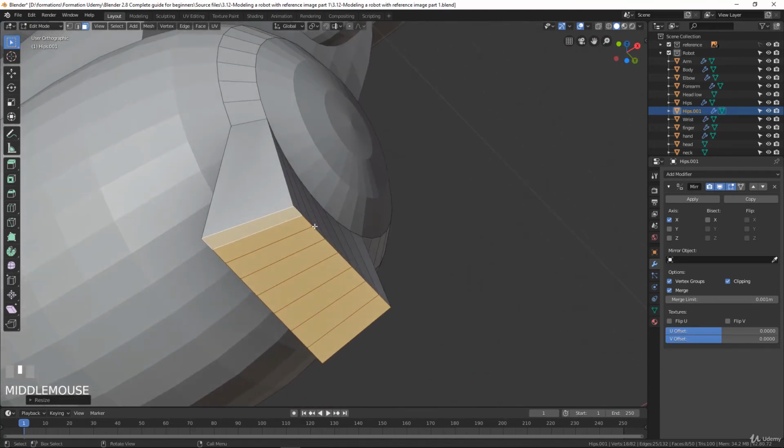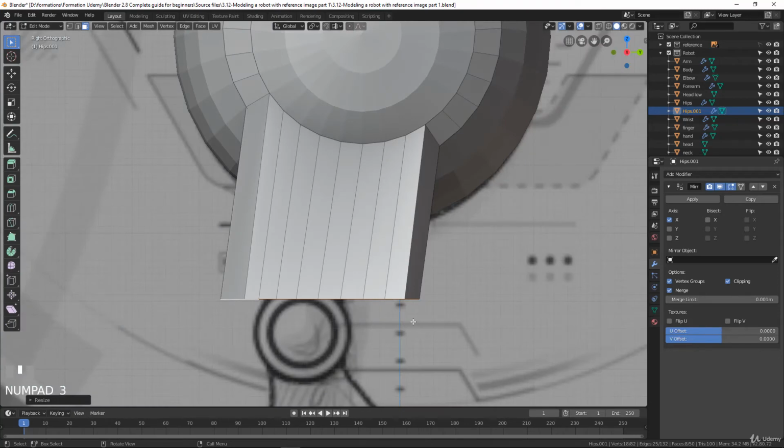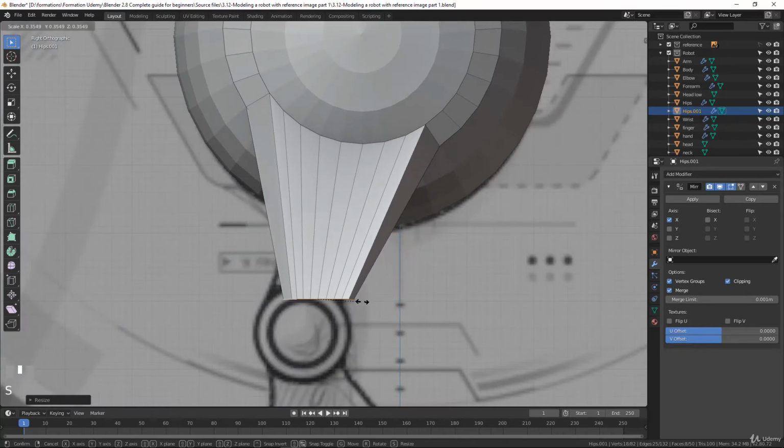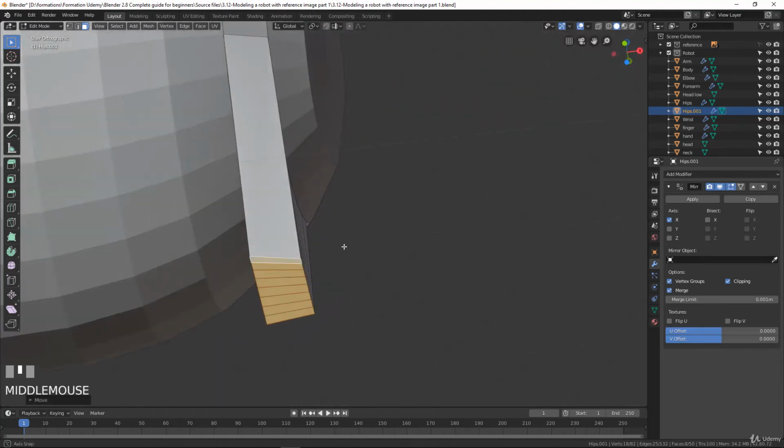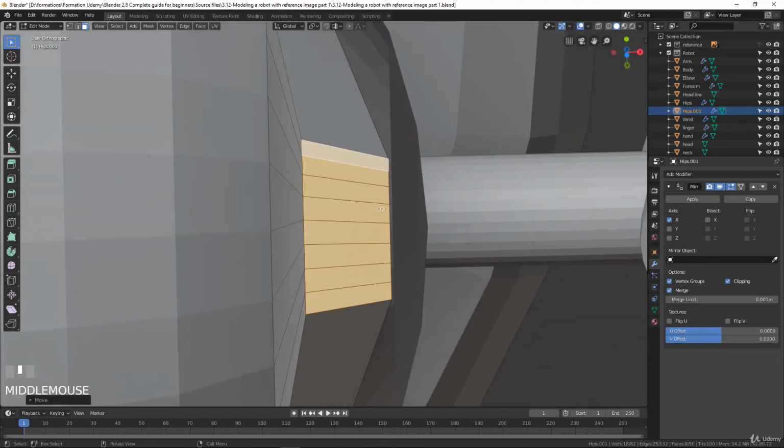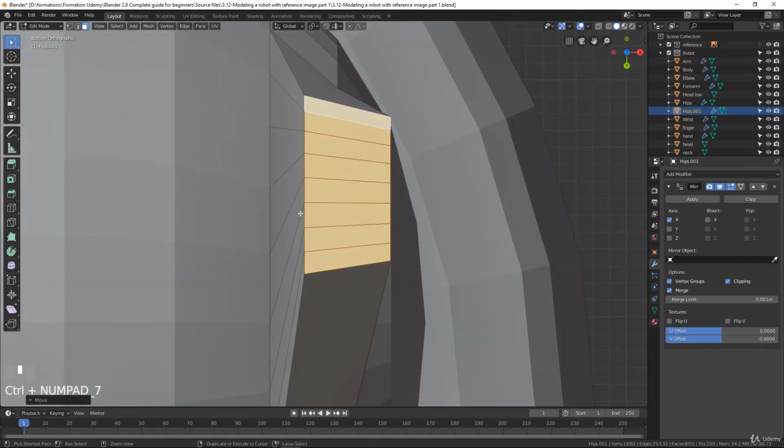So what we will do, we will try to recreate this kind of shape here, and to recreate this kind of circular shape that we have there. Okay, and to do this, we will try to match as much as possible the two loops here. So with Control 7, sorry, I will have here the possibility to see it from the bottom here,